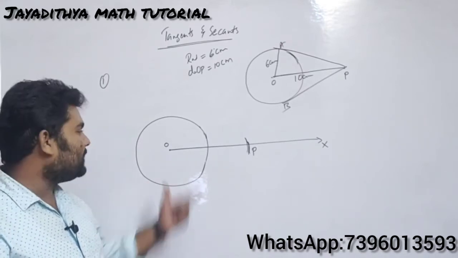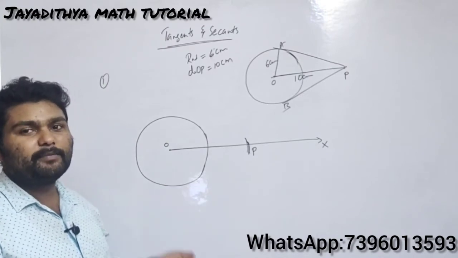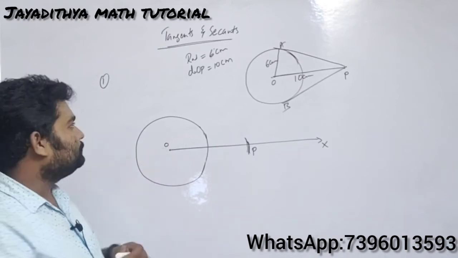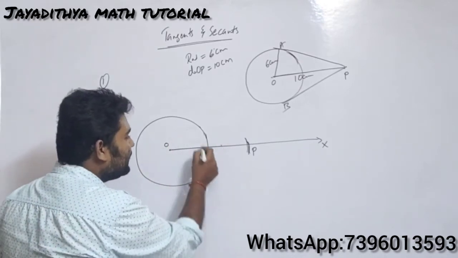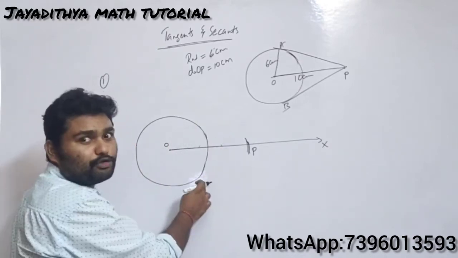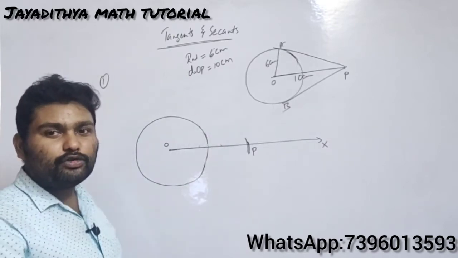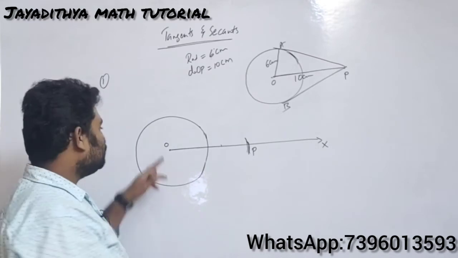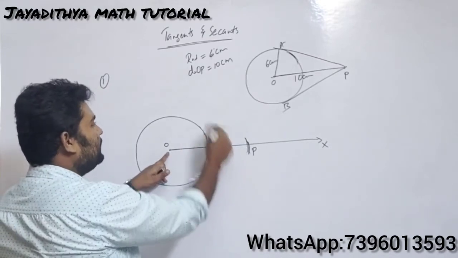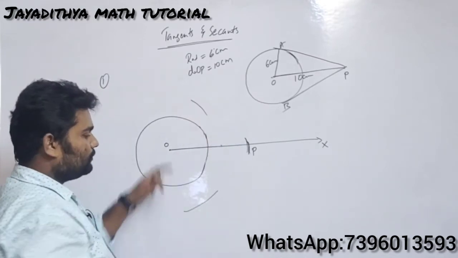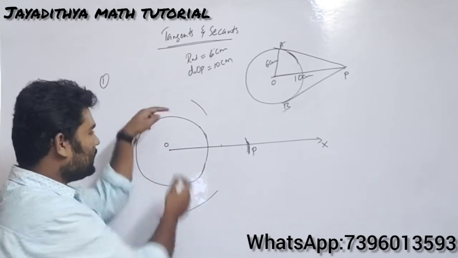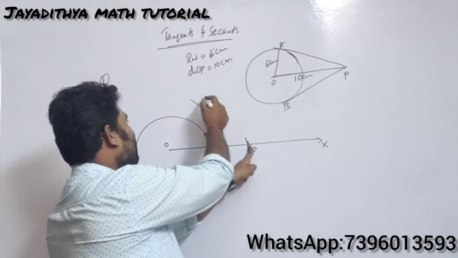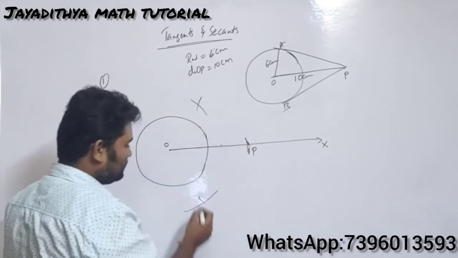After that, what you need to do is, this construction is very simple. Just draw the perpendicular bisector for OP. How to draw the perpendicular bisector? In the previous case we have done it, right? So from here you have taken two arcs, and from here one arc you have drawn, and you have cut it and you have joined that one. In the same way you need to do here, but the points must be O and P. So taking O as center, take more than half radius, draw an arc on the top and also bottom, and with the same radius, that means without disturbing the compass, take the center P now and cut the arcs now.